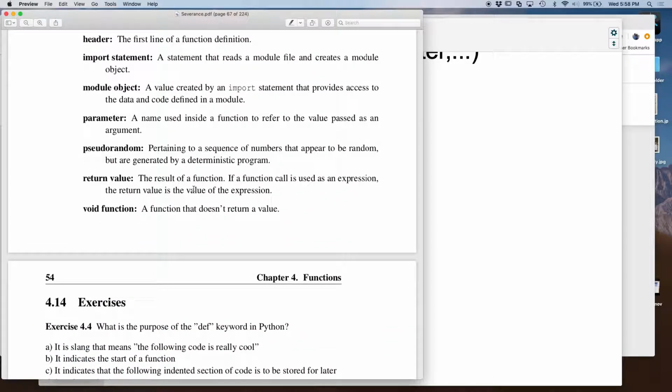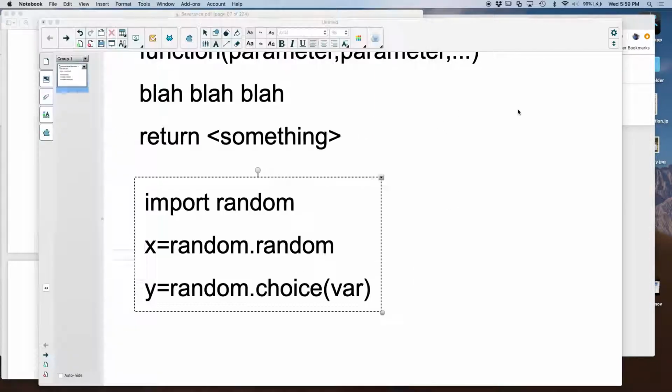Glossary. Okay. Any questions about functions? All right, then why don't we